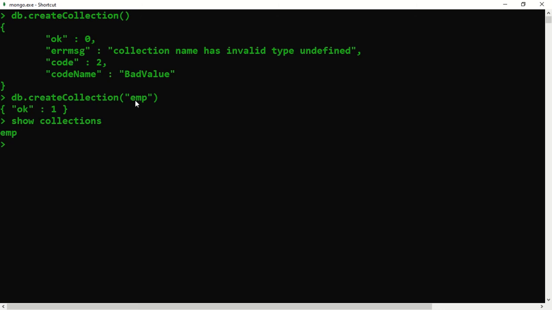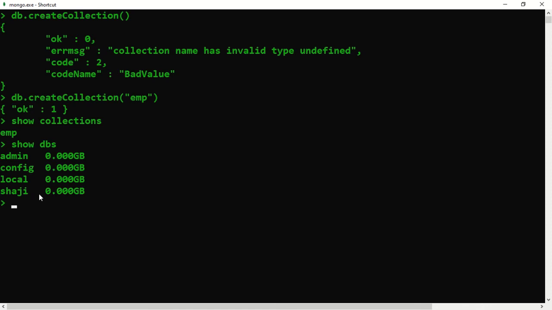Now let's see whether our database is listed in the database list, because MongoDB says that if there is at least one table, it will show you. Let's see, show dbs, enter. Correct. My name is listed here, indicating that the Shaji database is created and it now has at least one collection in it.